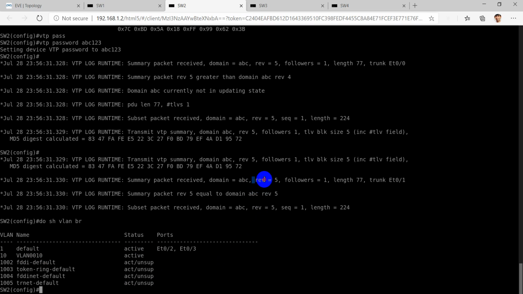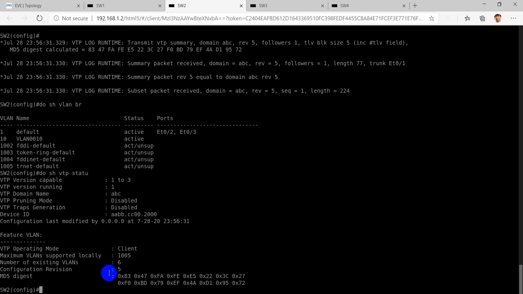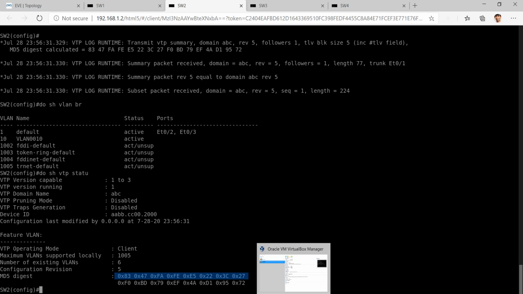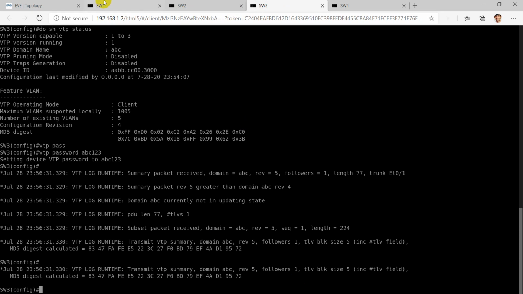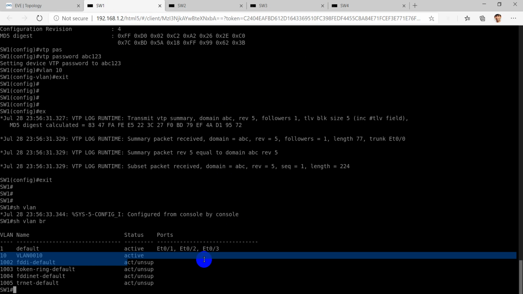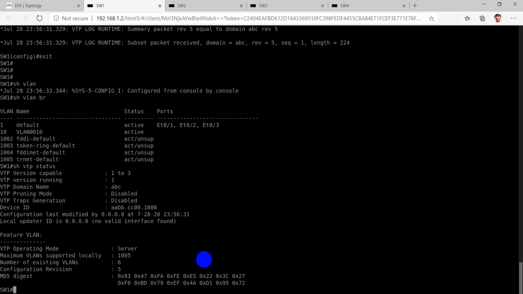So the CR number 5 is received here, and it has calculated its MD5 value here. Switch 1 has also calculated its MD5 value. So these two MD5 values will be the same.